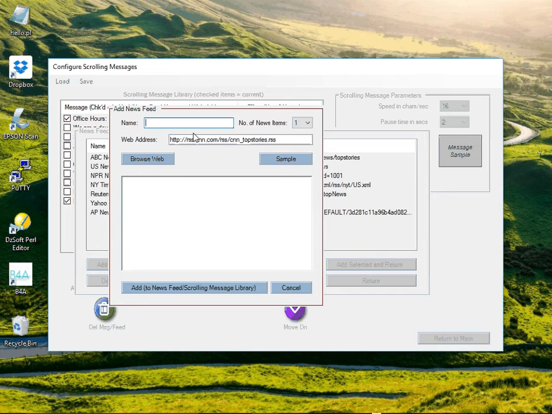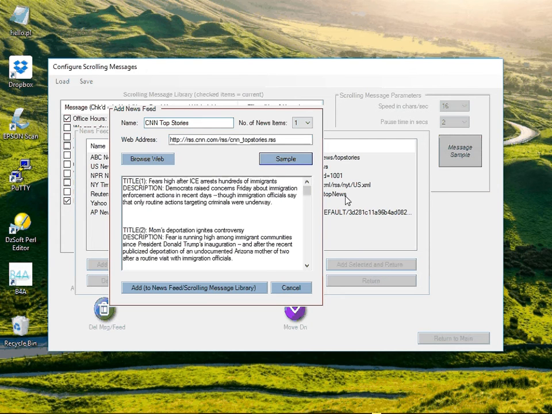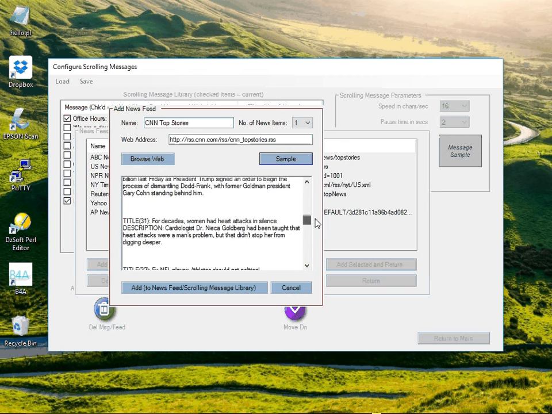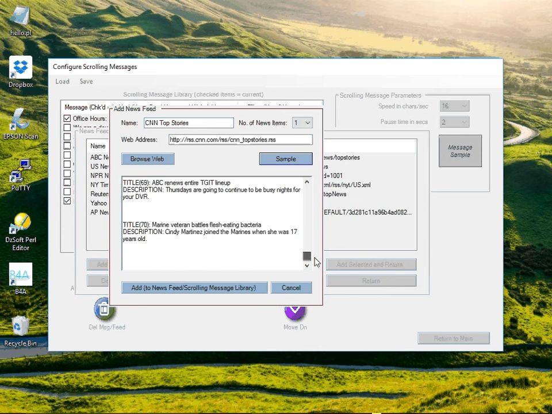We need to title it so I can know what it is. CNN Top Stories. And if I want, optionally, I can just sample it and take a look. Hit that sample button. And you can see that each one of the news items is numbered after the word title. I'm going to scroll down to the bottom, and you can see here that there are 70 different news feeds. Now, because there are so many,